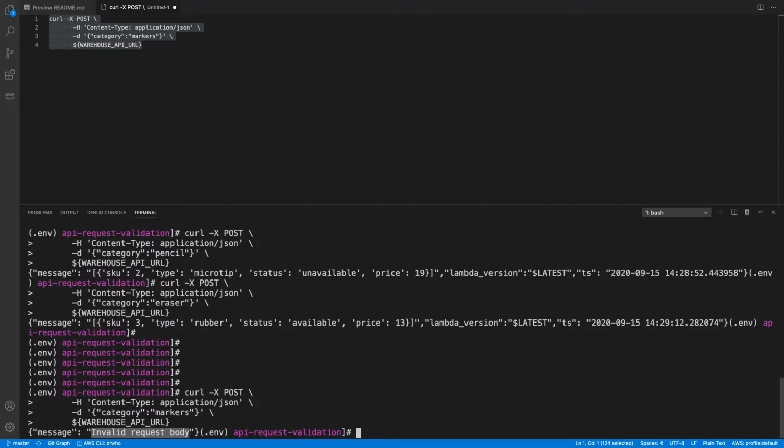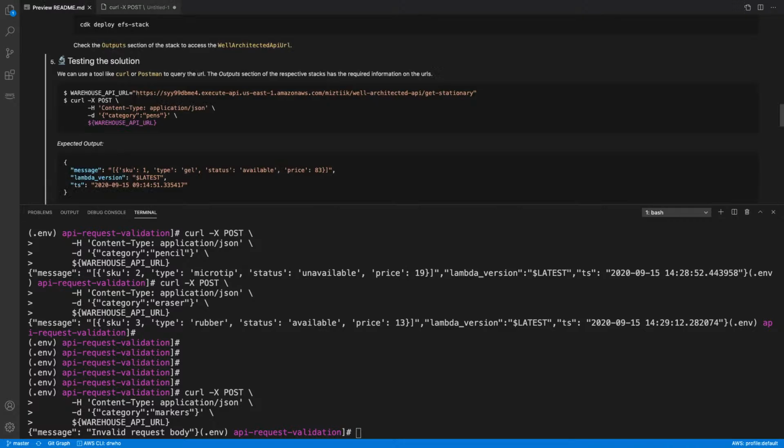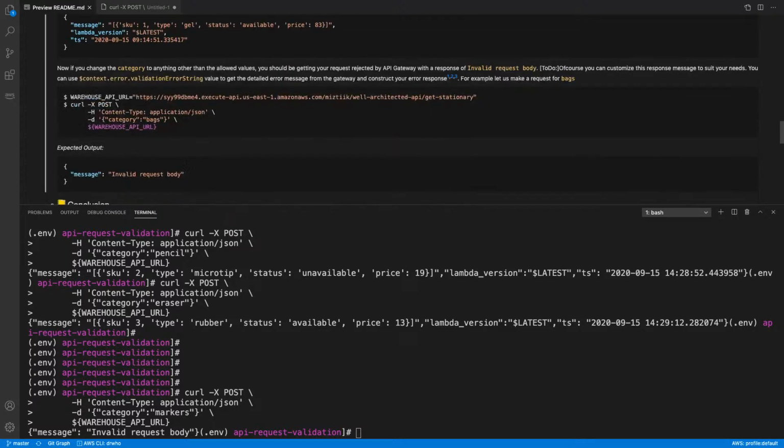So what I'm going to do now is quickly show you how you can customize this error message by adding some additional fields. For example, if I go back here, I just mentioned it. This is the key string which gives you an additional message that you can send back. But sometimes you don't want to give your users the actual error message, you just want to say you did not pass the validation. So I'm just going to pick up the string which will give me the exact error message coming back from API Gateway. So let us go to our browser.